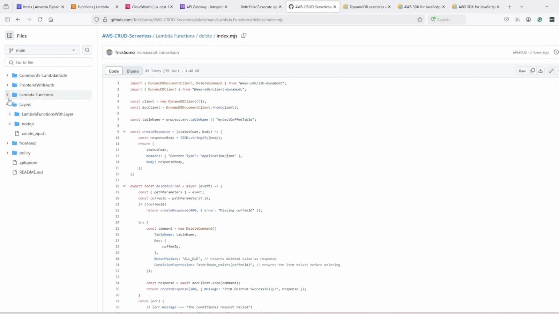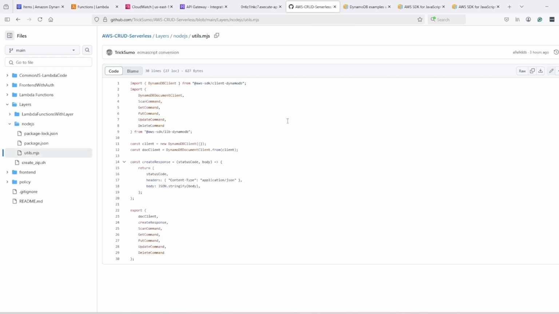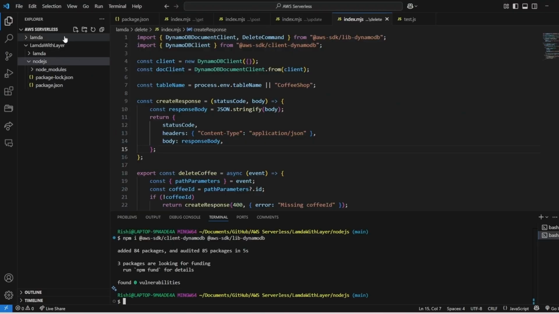So this folder is not needed now. Now we need this layers folder, and in the layer folder we have Node.js, and in Node.js we have utils.mjs. Let's copy the code, and in Node.js here also let's create utils.mjs,